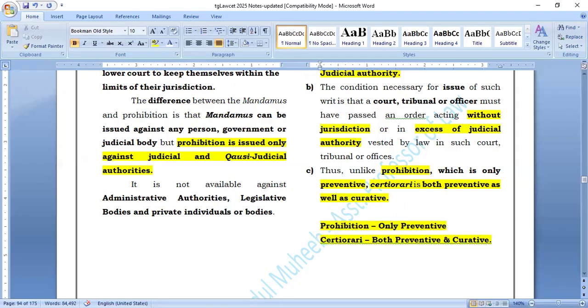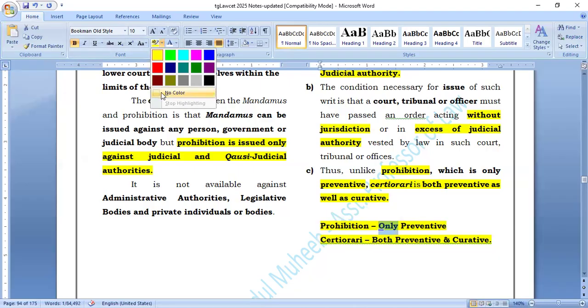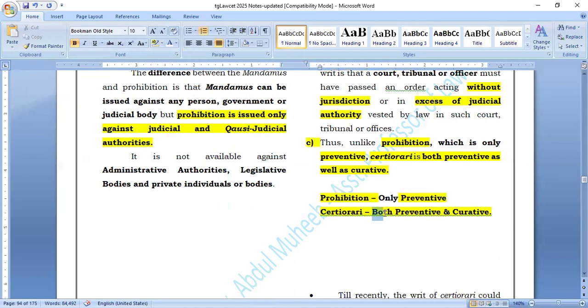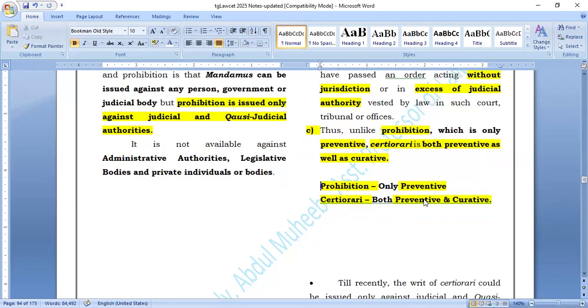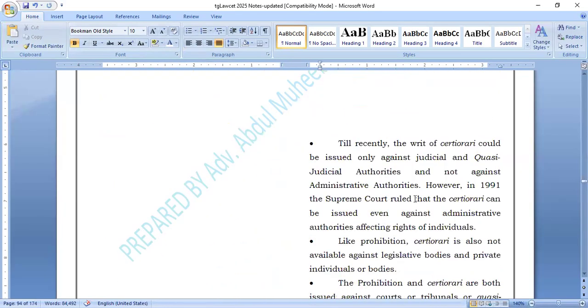दोनों ही वही सुप्रीम कोर्ट, हाई कोर्ट। वही तो डिफरेंस बताया ना मैंने। प्रोहिबिशन क्या है? ओनली प्रिवेंटिव मेजर है, दैट्स ऑल। काम करने से रोक देता हूँ। सर्चुररी में काम अगर हो गया, गलत हो भी गया, तो फिर भी उसको सही करता हूँ। मतलब लोअर कोर्ट गलत काम कर रहा है तो प्रोहिबिशन विल स्टॉप इट, पहले ही रोक देता है। और सर्चुररी में अगर गलत दे दिया तो उसको रेक्टिफाई भी करता है। प्रोहिबिशन इज प्रिवेंटिव, सर्चुररी इज बोथ प्रिवेंटिव एंड क्यूरेटिव।